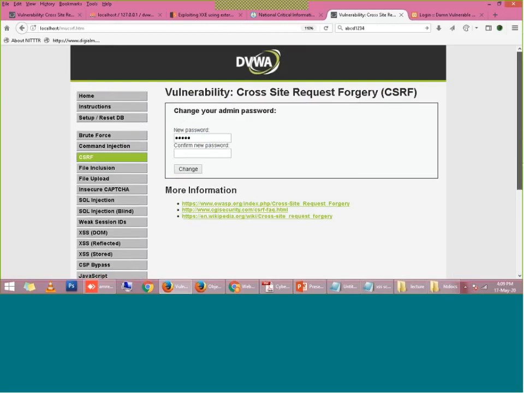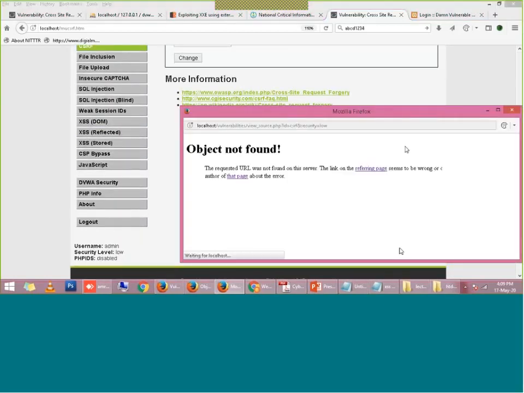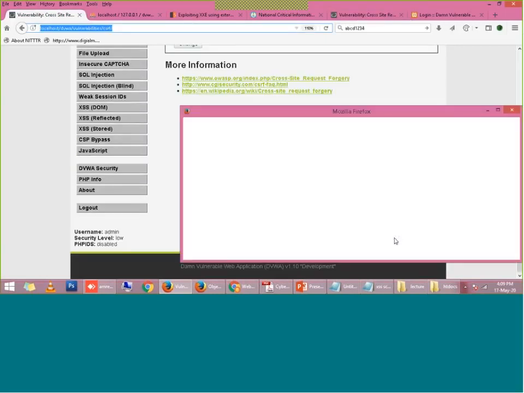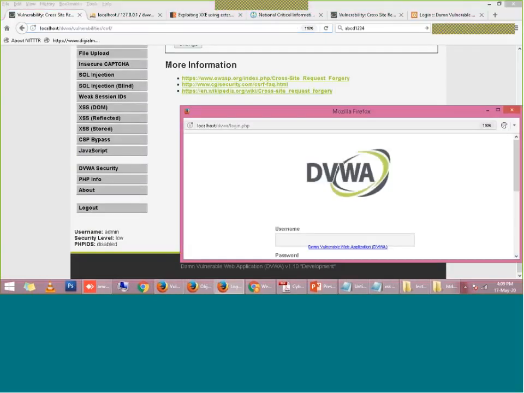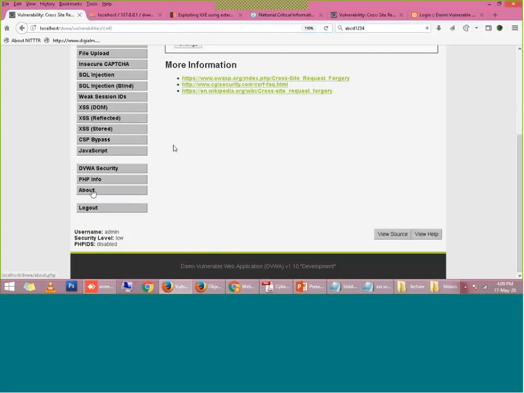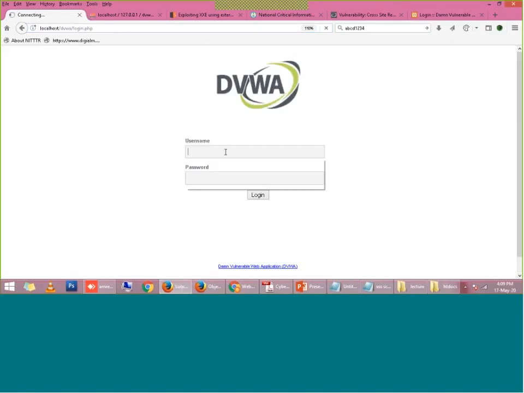I can show you when you go to the source page. It is prompting us to log in, so let me first log in. So the password has been changed, and the new password is now 12345678.